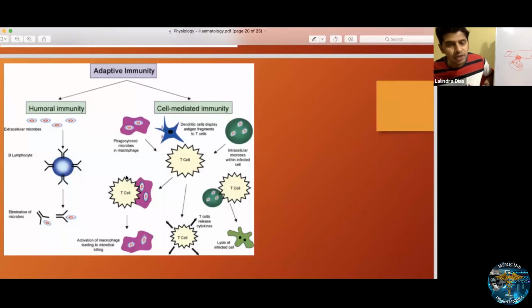That's called humoral immunity. What do you mean by cell-mediated immunity? So cell-mediated immunity is when a foreign cell or infectious cell is presented to you, then what happens? Our natural killer cells and, I'm mentioning here, let me read that. So dendritic cells and this side macrophages. So macrophages, dendritic cells, they all